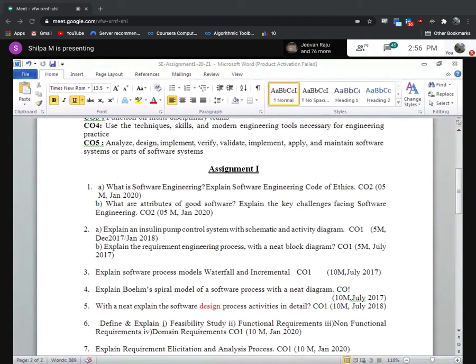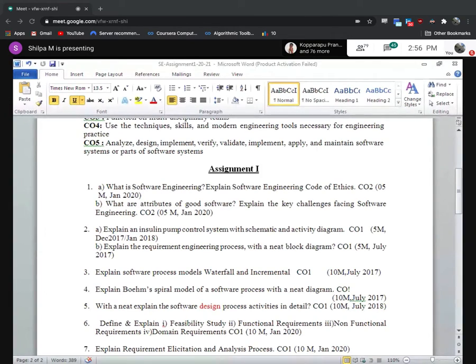Process activities: it starts from software specification, software design and implementation, and software validation, until software evolution, which is 40, 41. So page 34 to 41.